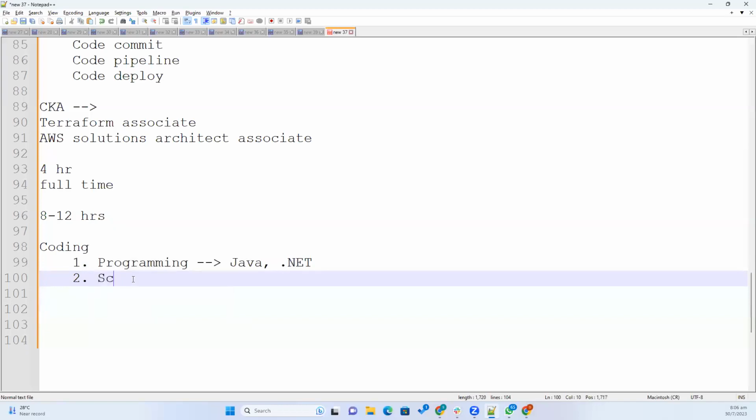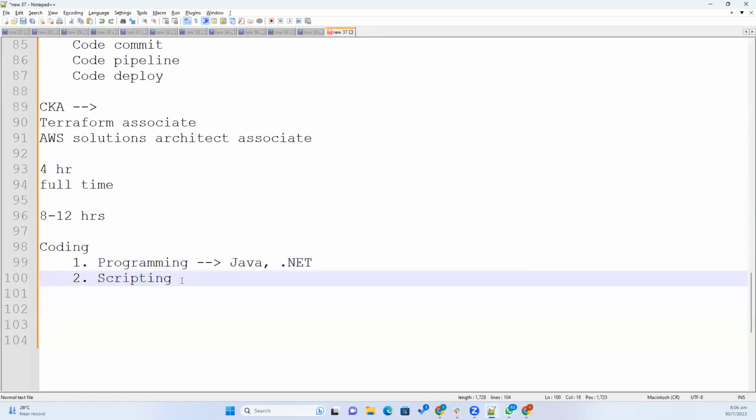But in scripting, you don't have that pressure on you. We don't calculate whether you are doing the fastest programming within less time. Scripting is just to automate a simple task like installing Jenkins or creating some RDS instances. Nobody will calculate how much time it takes to create the RDS instances from your scripting. Programming has a lot of concepts: OOPS concepts, design patterns, algorithms, data structures. Scripting doesn't have that much.